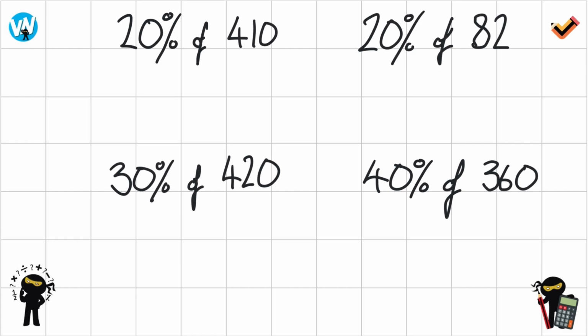So again, we can just continue to do more of these. Very straightforward. So again, if we had a question, what is 20% of 410? Hopefully you can see that it's 41. That would be the best case scenario. But if you quickly need to make this jotting,